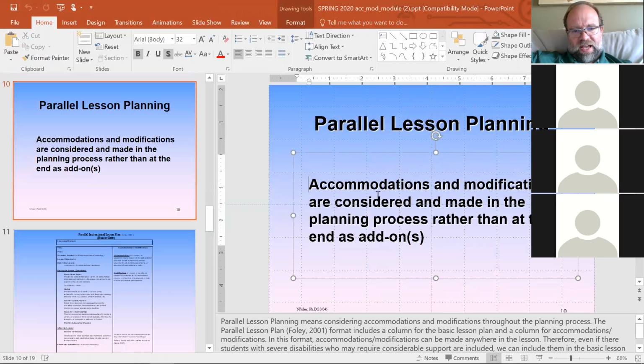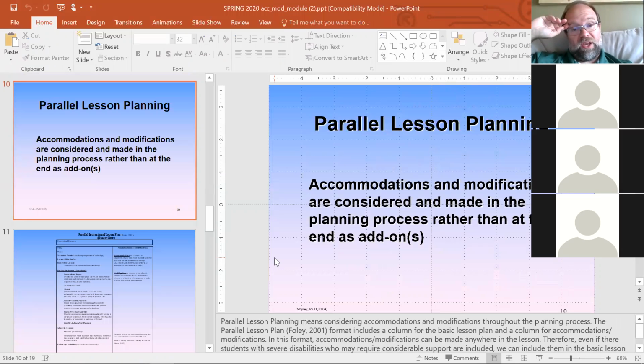I'm going to throw this slide out here. I don't fully agree with it, but it lets me talk about the process of you writing your lesson plans. This slide says that accommodations and modifications are considered and made in the planning process rather than at the end as add-ons. But I would say to that in some ways that it's kind of up to you and how you plan things out. For me, I was always a big fan of the Hunter plan, the Madeline Hunter style